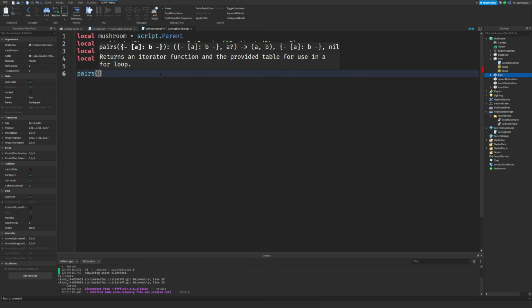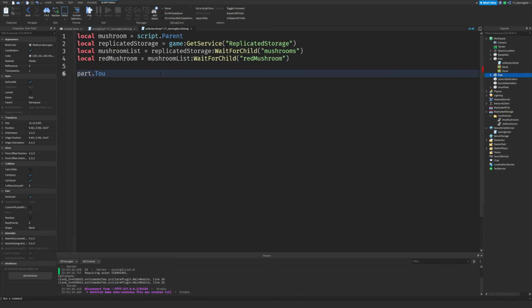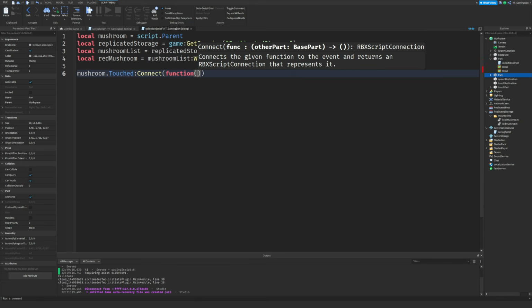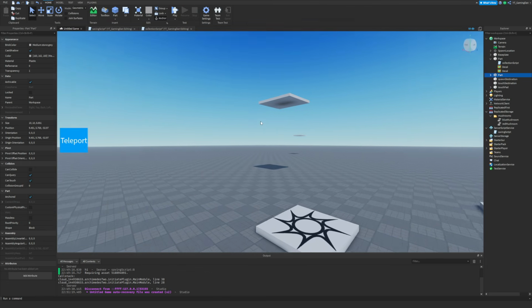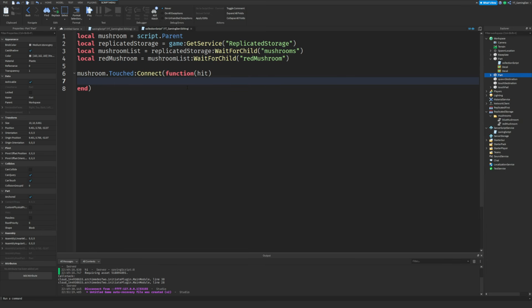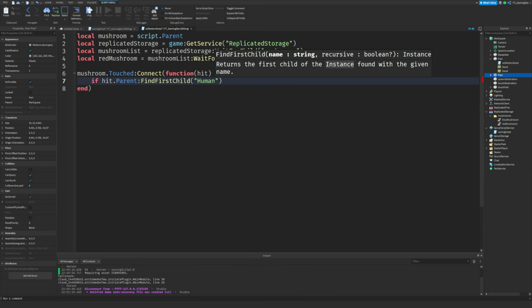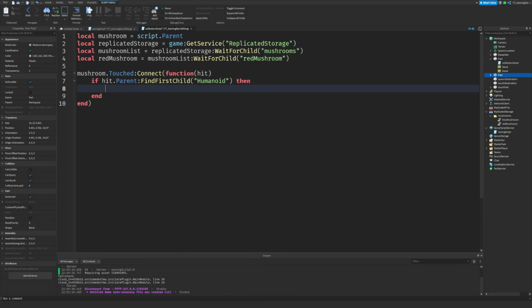So we're going to do part.Touched:Connect, function, and then hit. Okay guys, I did explain this last part too. Remember, you were stepping on the teleport pads up there, so I'm not going to explain this too much. But we're going to do if hit.Parent:FindFirstChild("Humanoid"), then this is just checking if the thing that hit it is actually a player and not something random, like a random block. Then we're going to do local character equals hit.Parent,